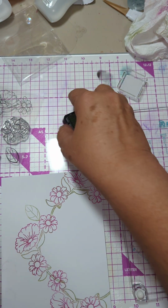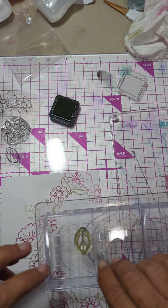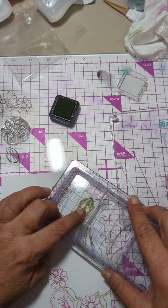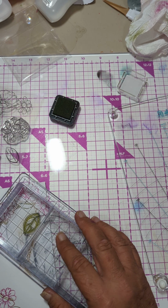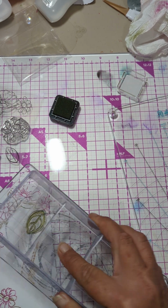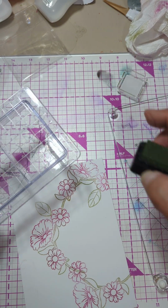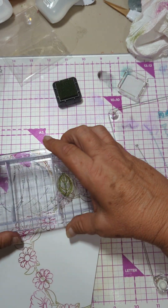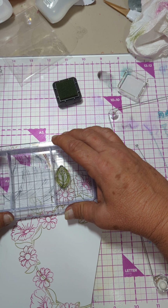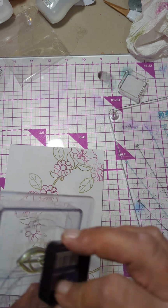Boy, that was not stable at all in my hands. Just really no rhyme or reason. That was in the way. That was not good. Yeah, this block is too big, and it's a little weird stamping it off. But I figured we could fill in with these leaves. I need the rock block. I do like the rock block